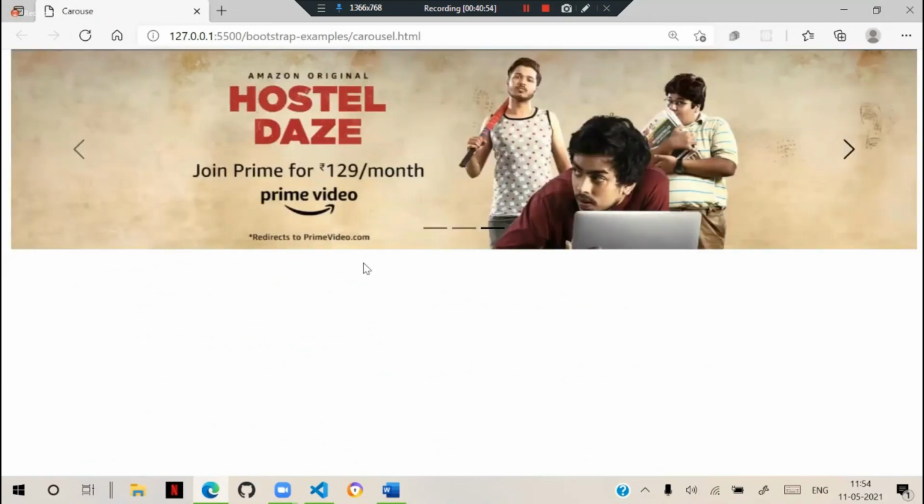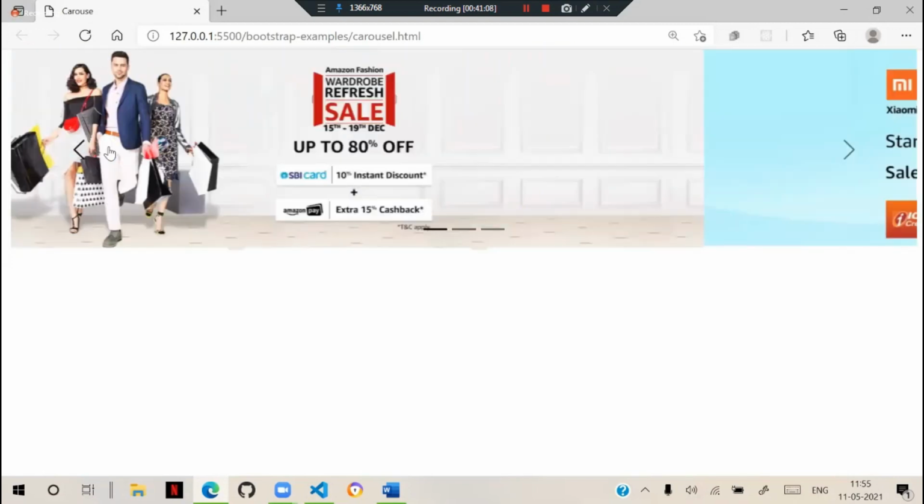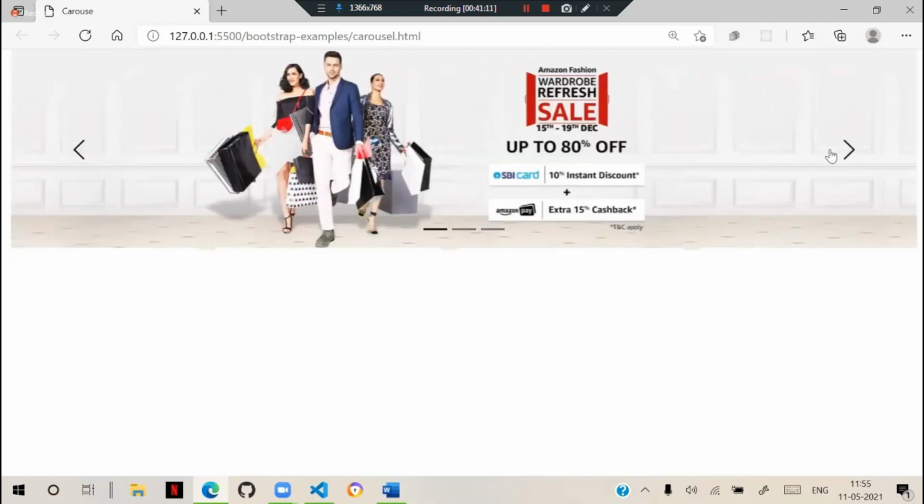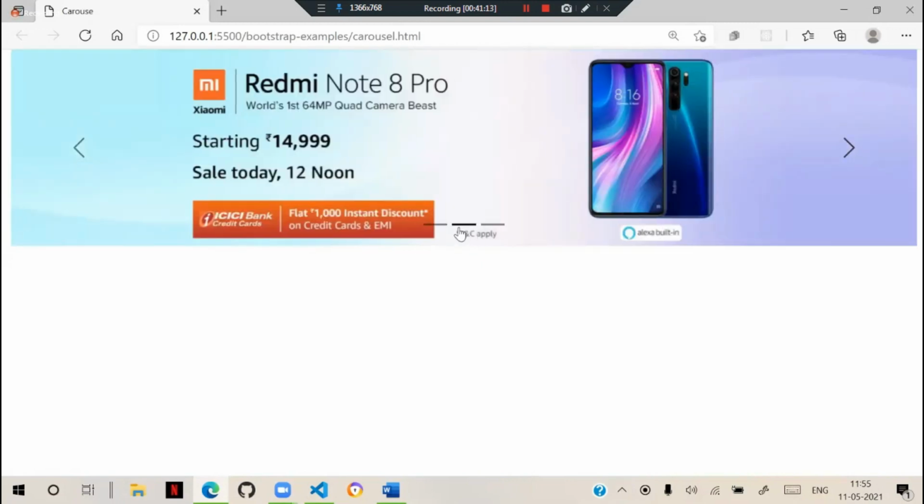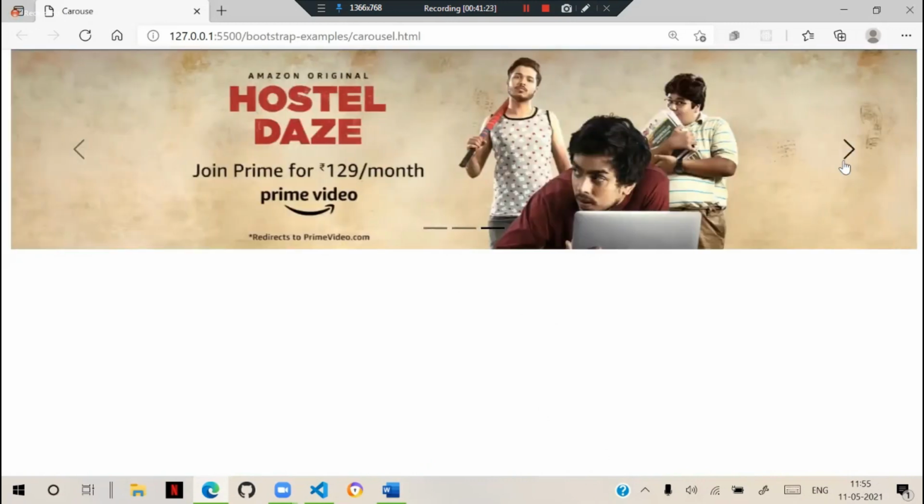Previously, they were not properly visible. Properly visible depends on your background banners. If your background banners are light, then it's okay. But if your background banners are very dark, then these previous and next buttons and indicators will not display properly. So that is the reason we can go with this dark theme. That is the dark theme we have to configure.